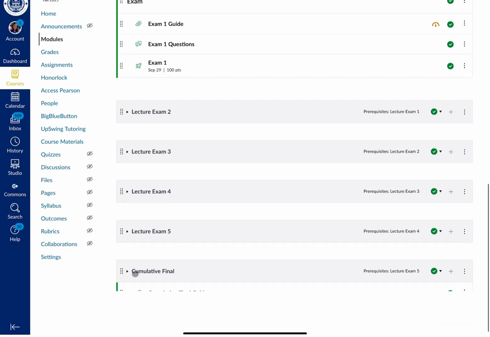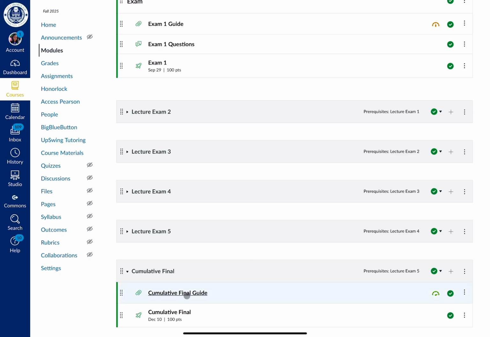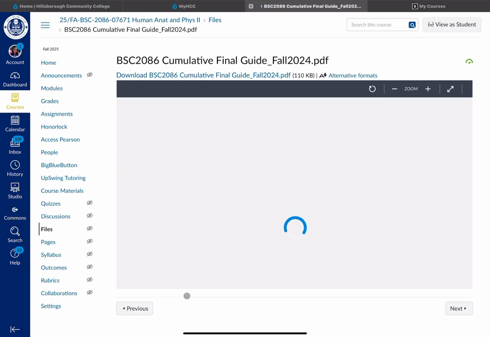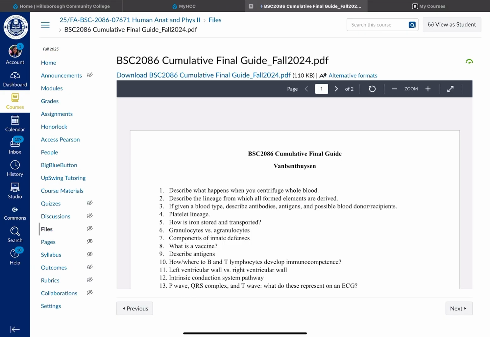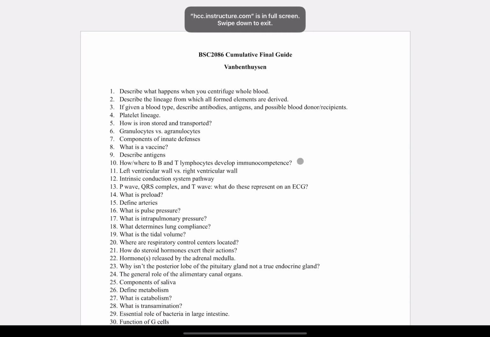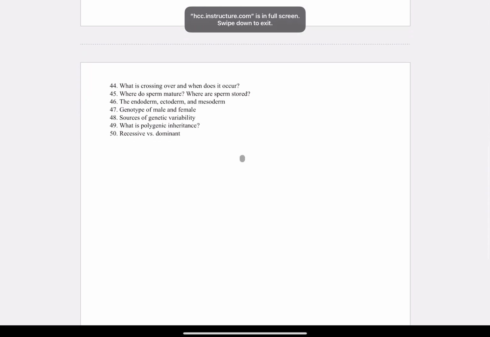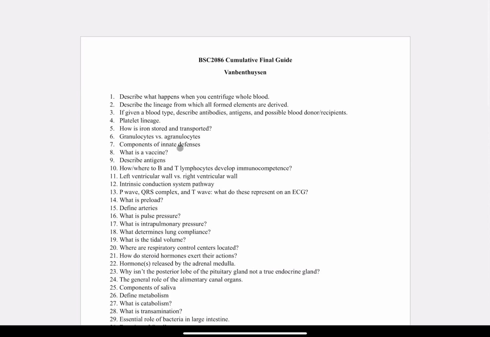The last thing I want to point out is the cumulative final. So again, if you finish lecture exam 5 and you have an A in the course, do not take the cumulative final. You will get a 0, but then that will be dropped. However, if you want to take the cumulative final, this is a guide. This is the only guide I encourage you to actually fill out. And the reason why is because there are 50 questions on the cumulative final, and there are 50 points or